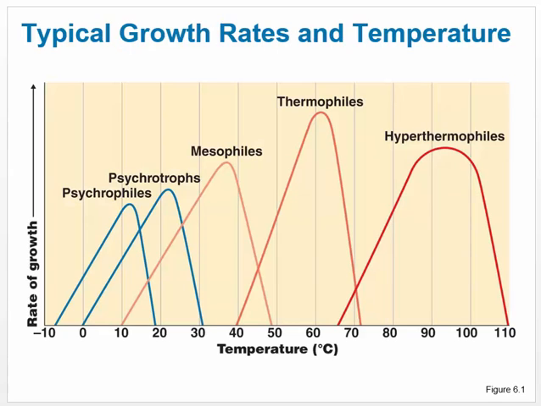So growth rates and temperature. If you take a look at this graph, we have rate of growth here on the y-axis. We have temperature in degrees Celsius on the x-axis. Temperature in degrees Celsius can often make us in the United States a little bleary-eyed, right? Because we don't often think in Celsius in our normal life, but it's useful to understand a few basic parameters